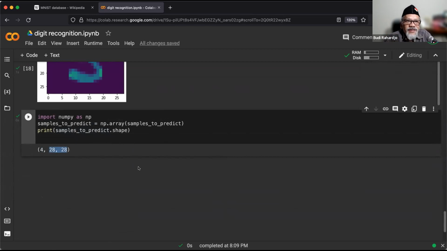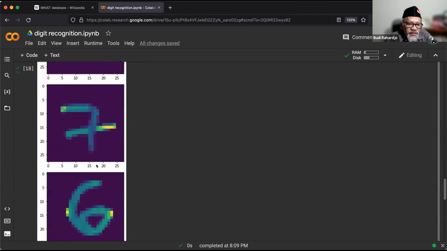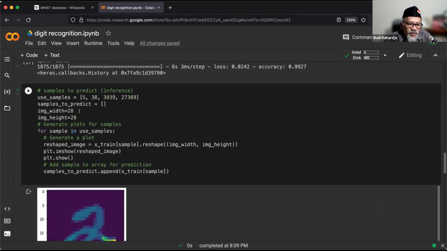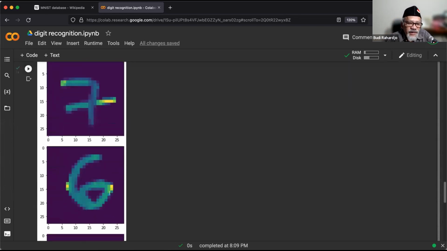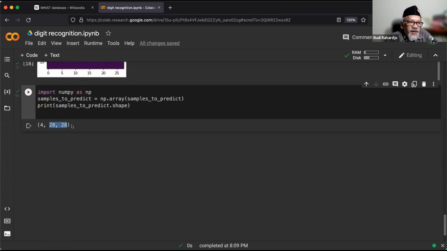Ada 4 yang mau saya tes, masing-masing 28 kali 28 ukurannya. Ini di atas hanya untuk nunjukin saya mau ngetes apa. We don't have to do this, we can use the samples directly, but this just lets us know what we want to test. If you run it, you get this.